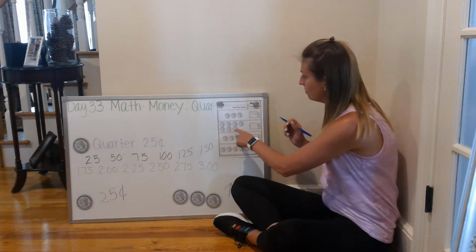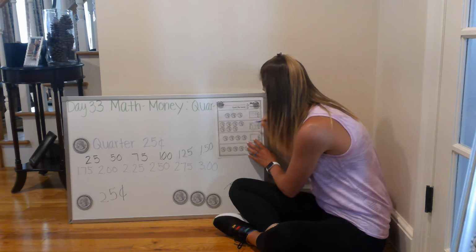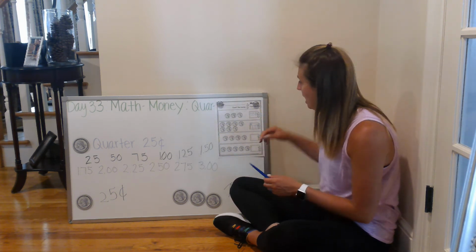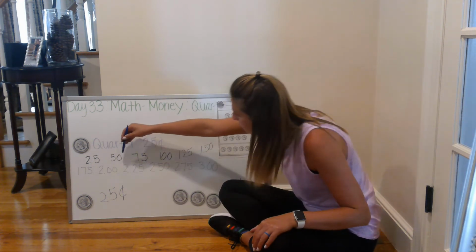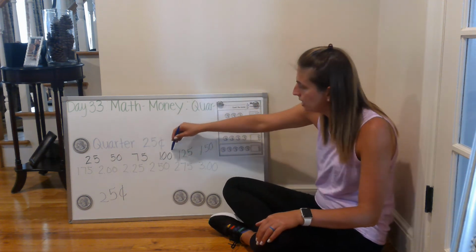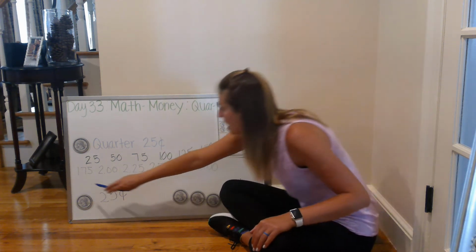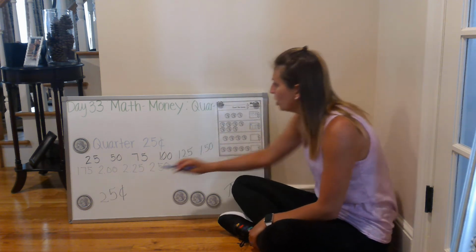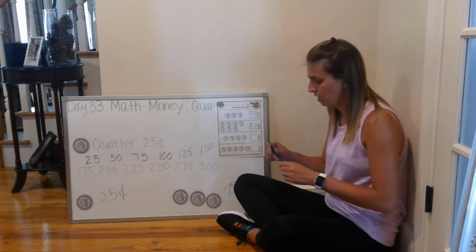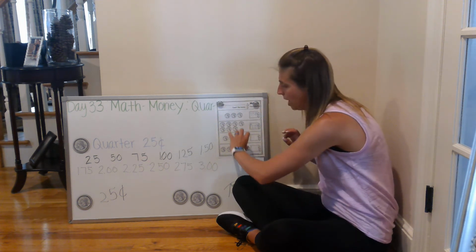$1.75. 7 quarters equal $1.75. So we're going to write $1.75. If I count by 25s, it would be 25, 50, 75, $1. $1.25, $1.50, $1.75. 7 quarters equal $1.75. Now your job is you're going to complete the next 2 problems on the front of